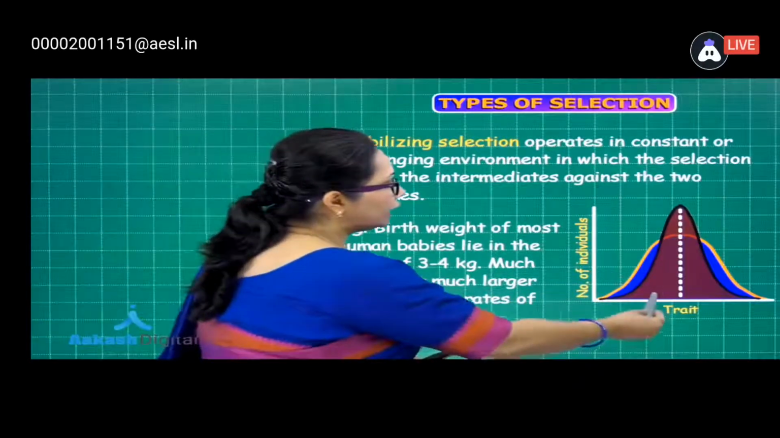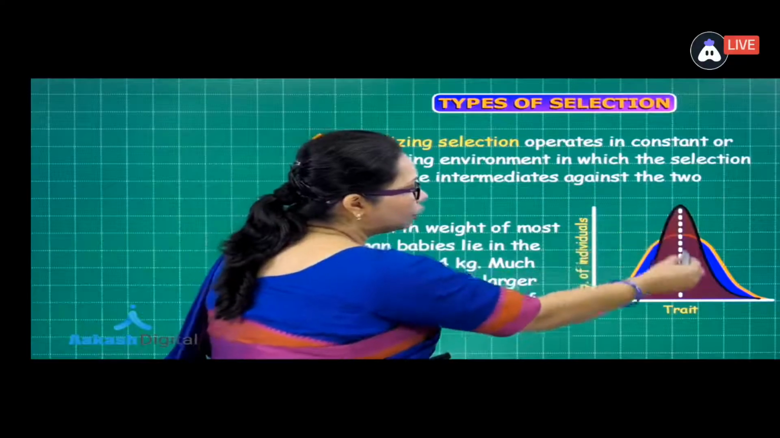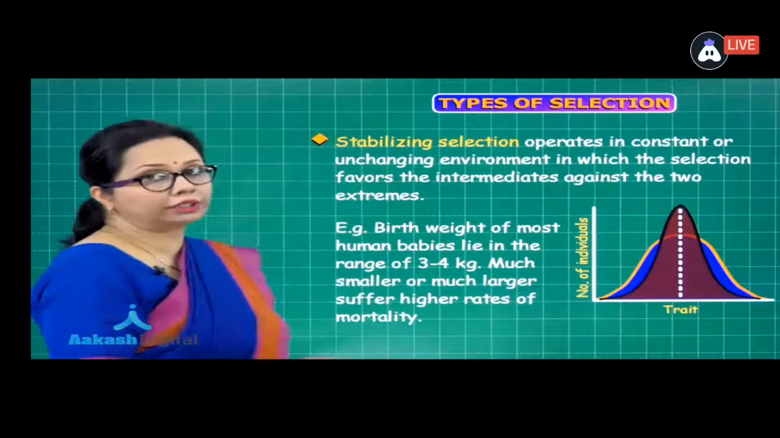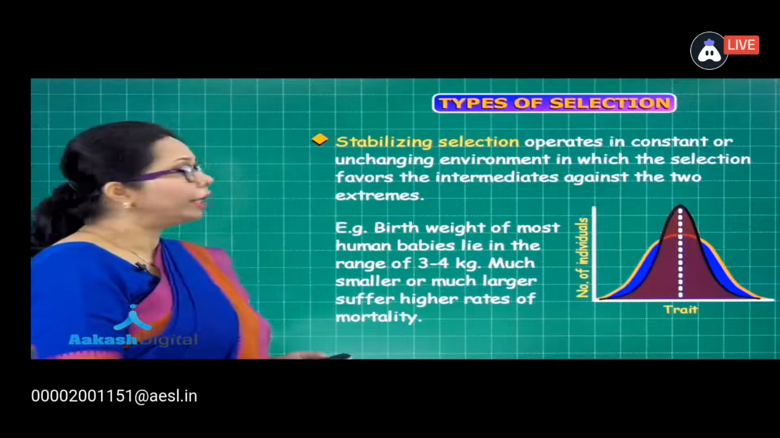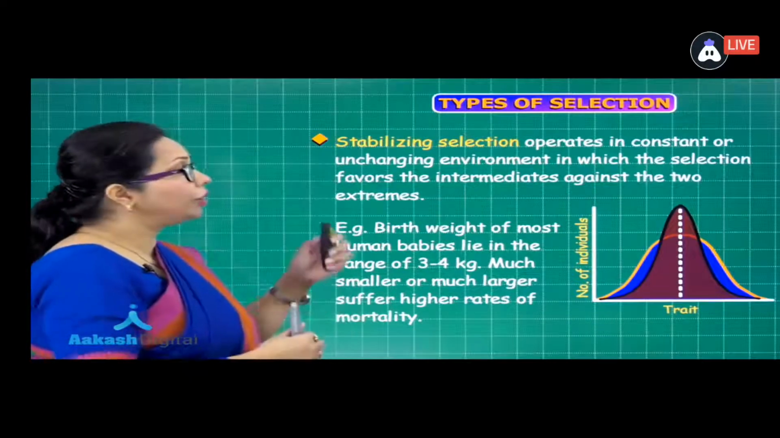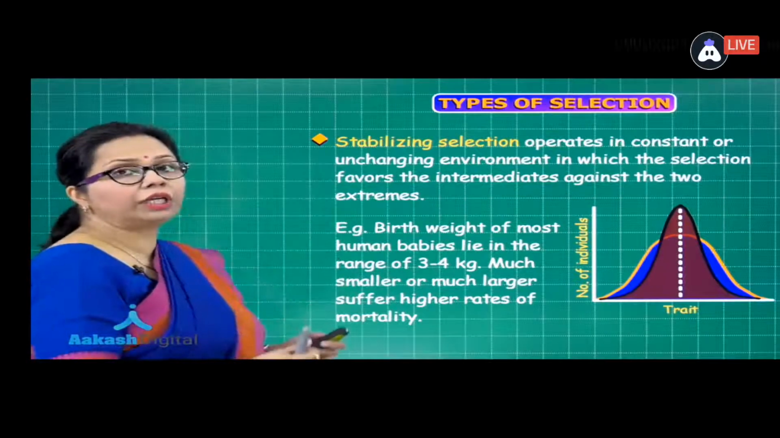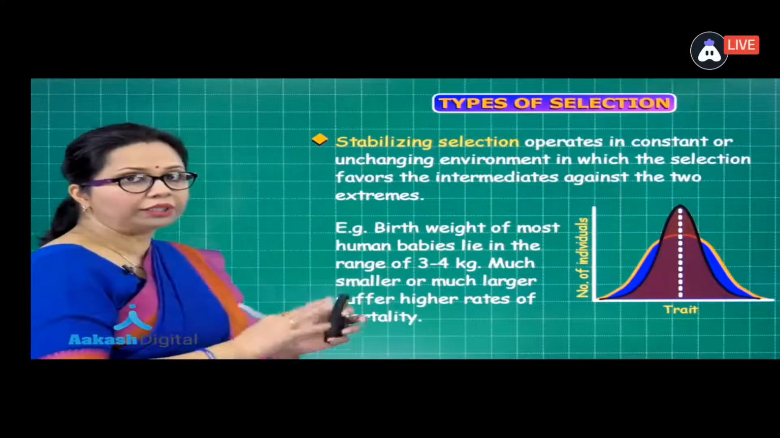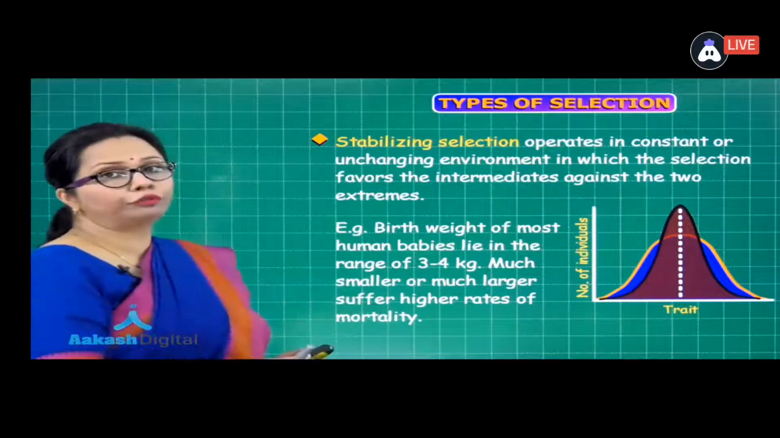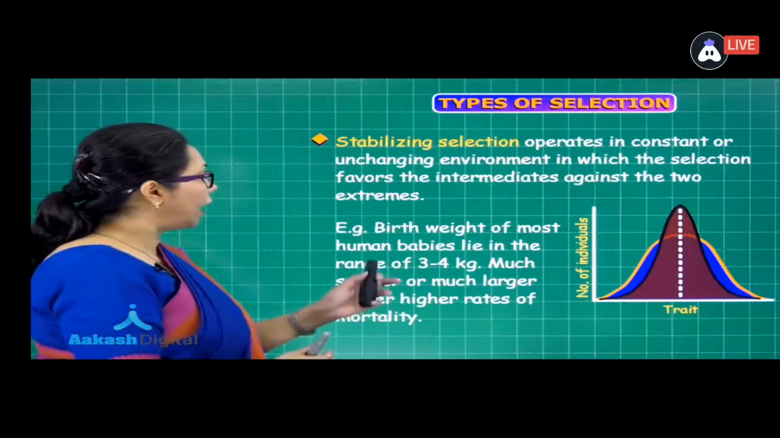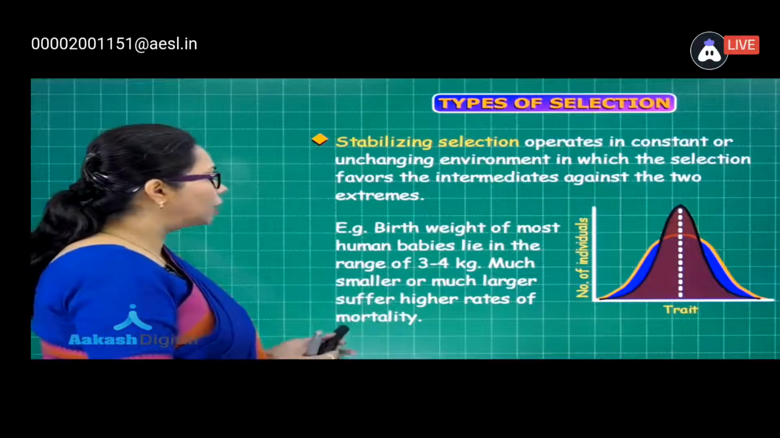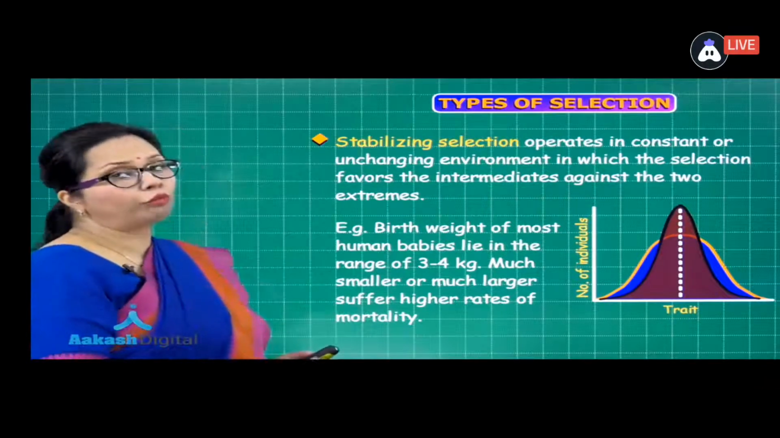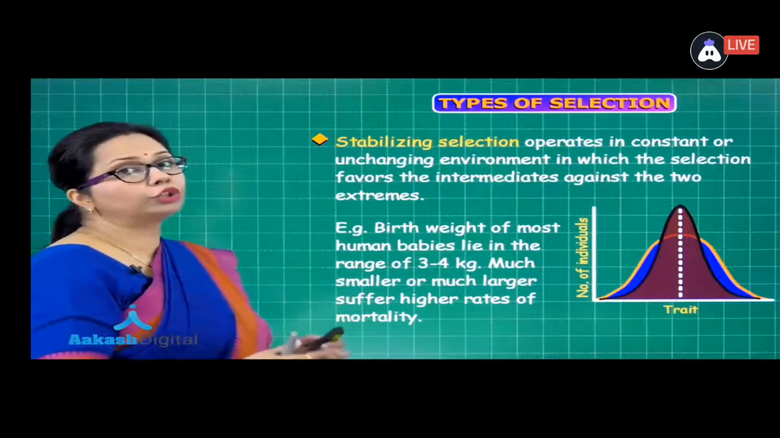So here we can see that now there are more individuals near the mean value while the extremes have decreased, so their representation in the population has decreased. And this kind of example is even seen in the human population, like the birth weight of most human babies is usually in the range of 3 to 4 kg. And it is seen that much smaller or much larger babies suffer higher rates of mortality. So it is the intermediates who are being